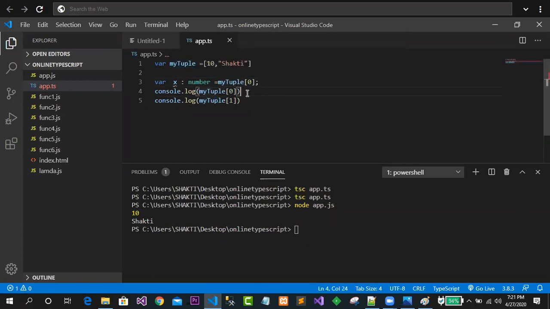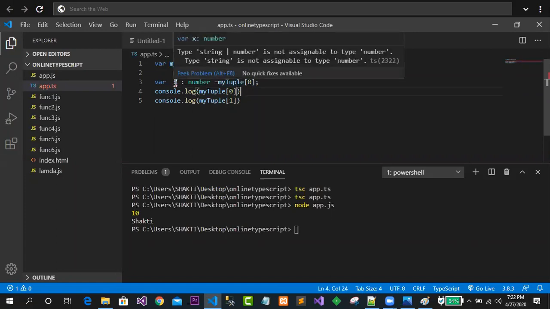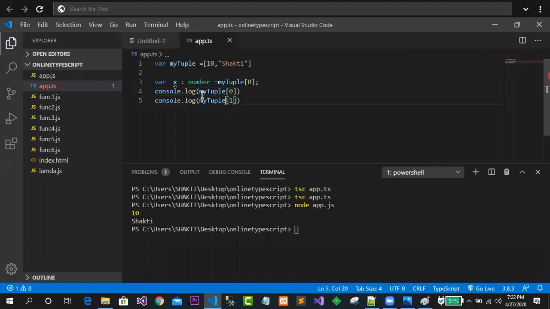Whatever you are giving inside this became a string kind of thing, so that is why it simply says type string is not assignable to type number.